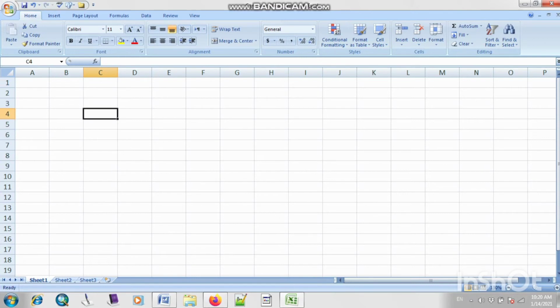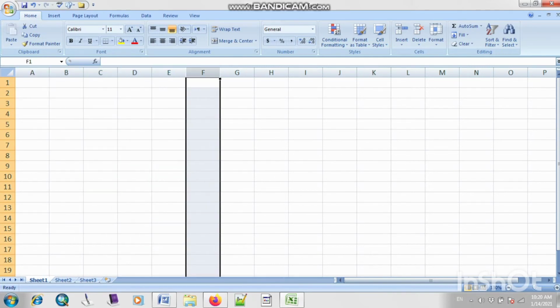Okay, so now let's see how we can insert data in Microsoft Excel. For entering data, there are some terms that we should remember. First of all, as you can see here, some letters A, B, C, D, E, F, etc. These are known as your columns, because all these lines are vertical.